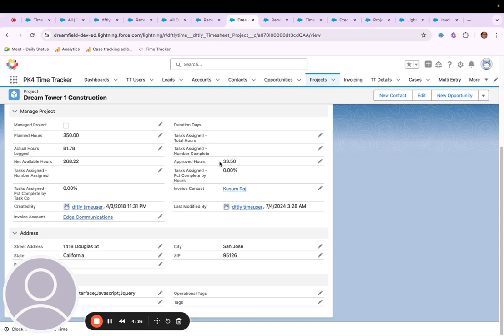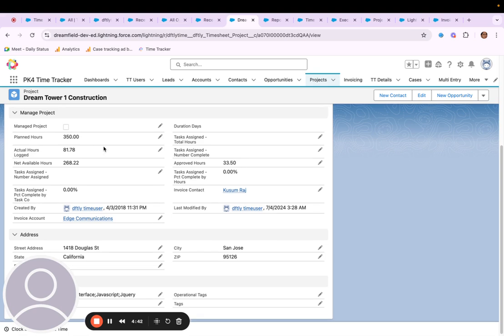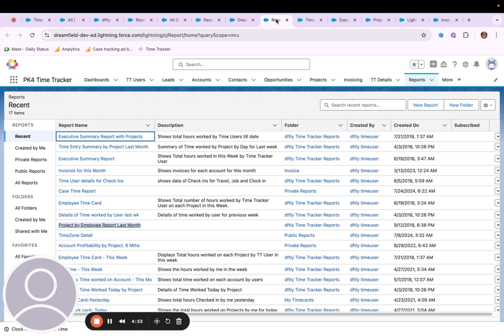So if you don't use the approval mechanism, then these are the only things that you will be concerned with. This is like a summary of all the time that has been spent and logged by various people onto this particular project. Now, if you go to the reporting mechanism, I'll show you a couple of different reports here,